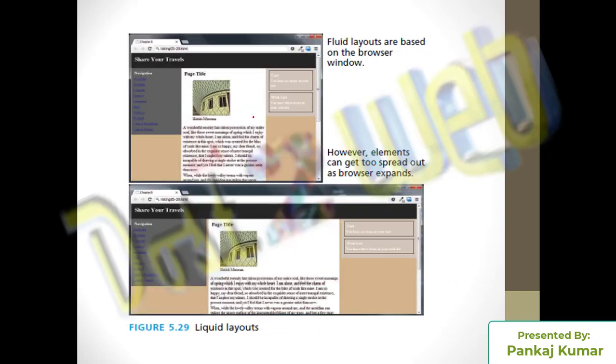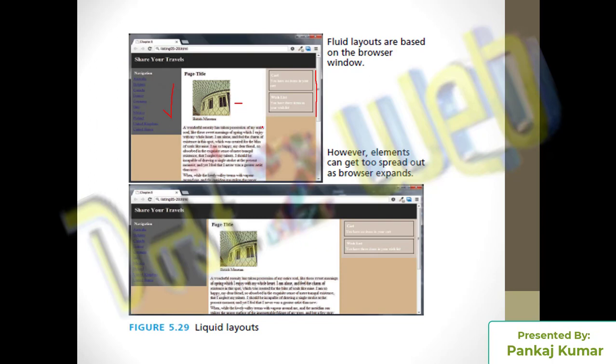You can see here the fluid layout based on the browser window. You can see the same navigation as usual. Now the white spaces are removed from the right hand side. There is no white space, and the content and images you are using can get too spread out when the browser size increases.